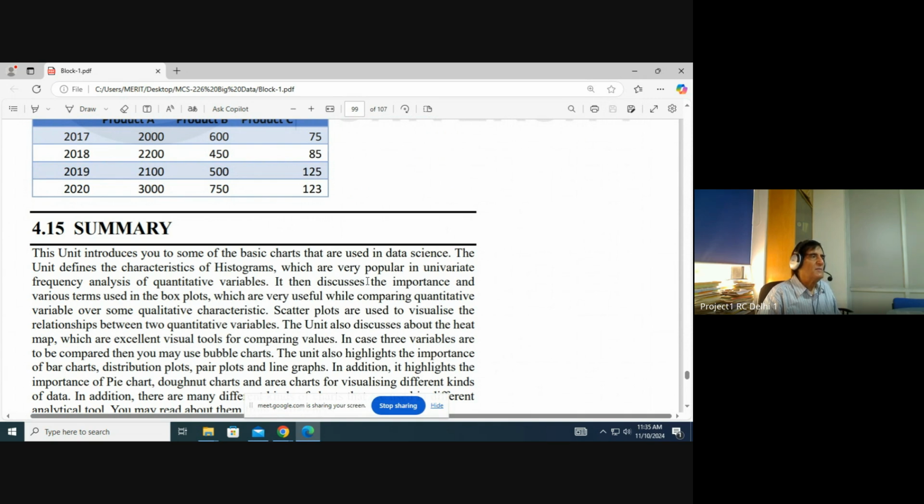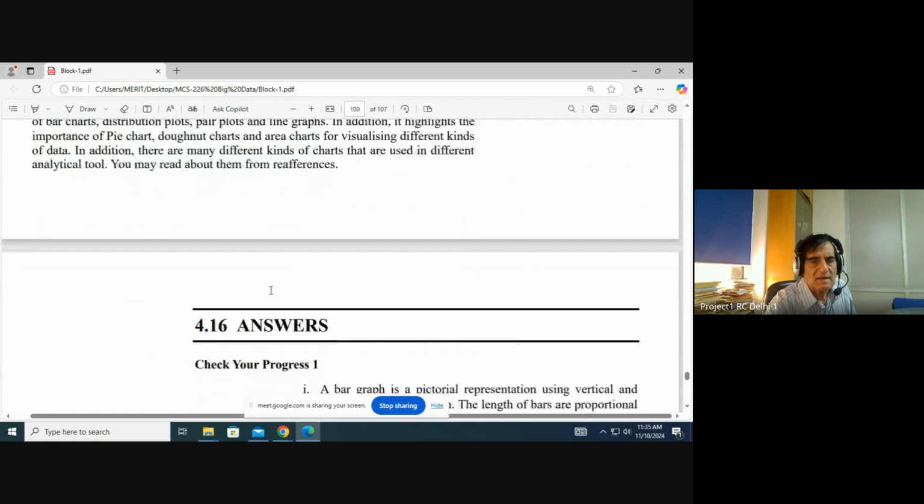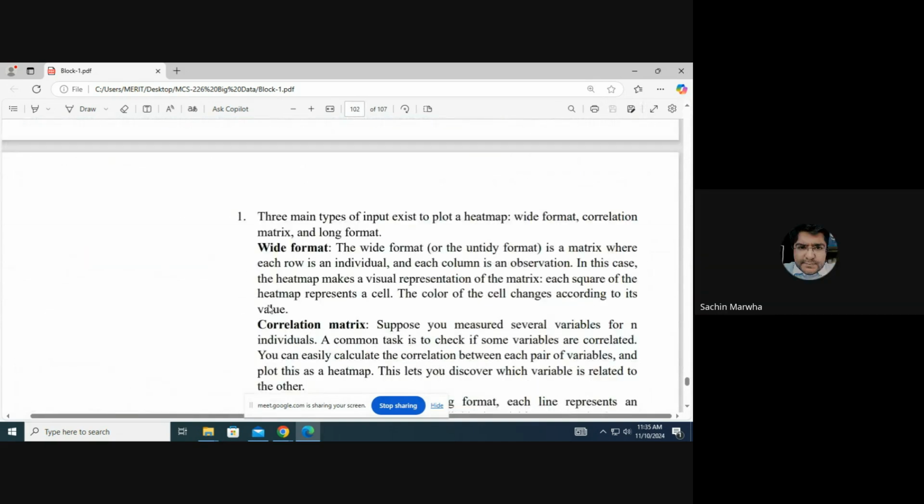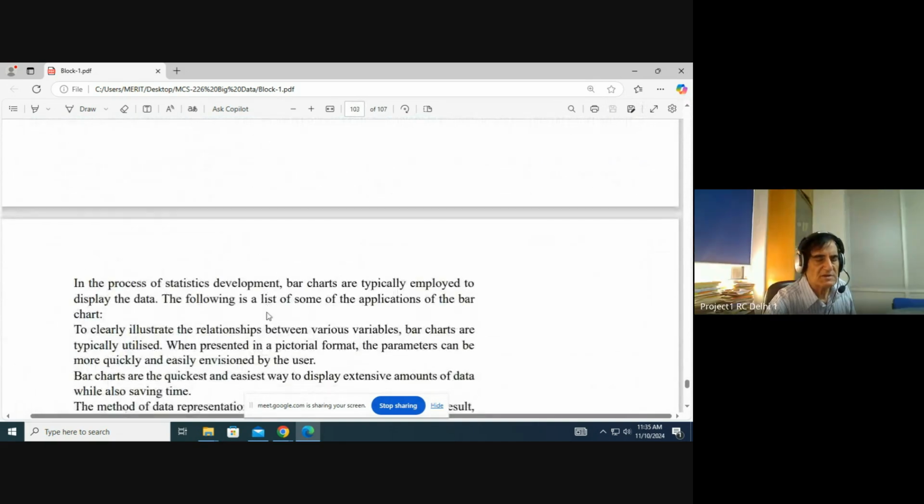So that's why plotting is necessary for interpretation of the data. So that's where the data science people want all these graphics to be used for interpretation of the data. Right? Is it clear? Let me go to the second unit of this, that is